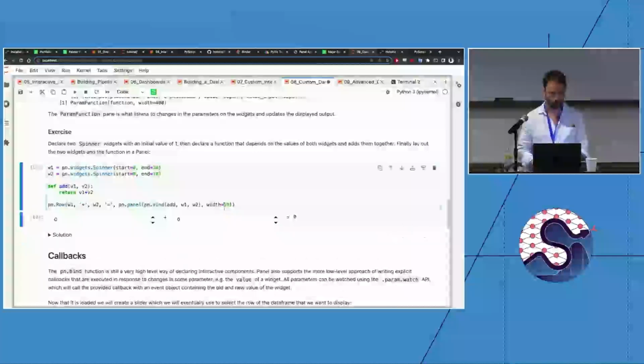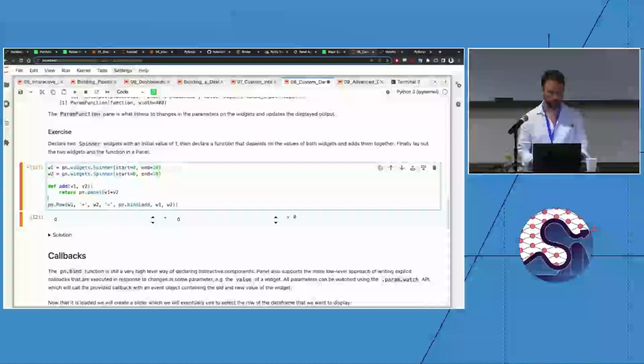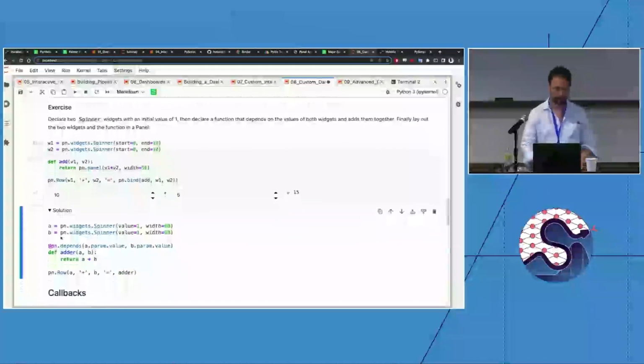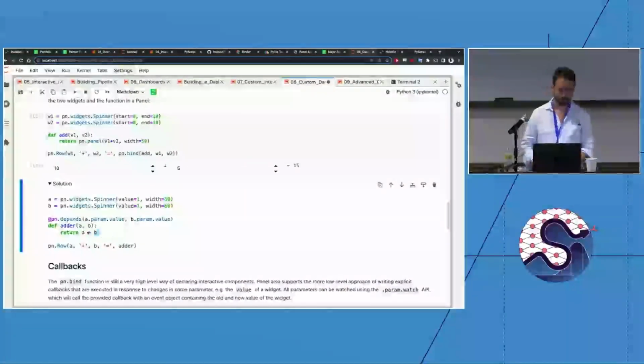That didn't actually work. So if you want, you can also directly return a panel in here. That should work. Oh, it's max. Okay, so let's see. Is that the solution we got? Oh, we haven't updated the solution, so you're getting